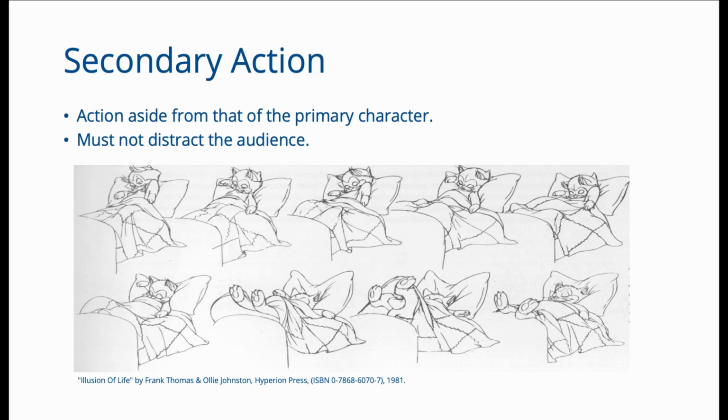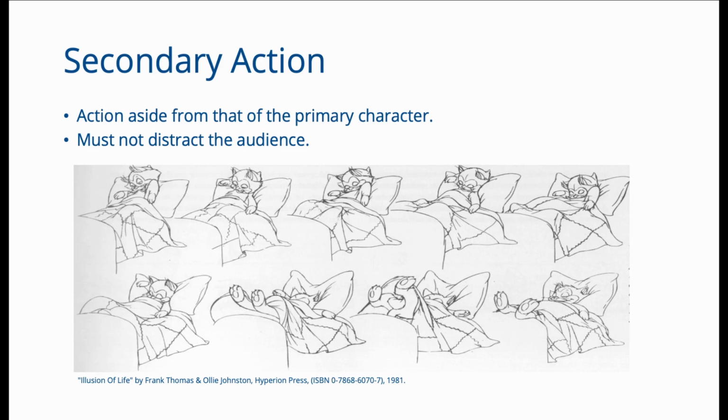Then there are the small things that make your animation come to life. So secondary action is one such principle. There is the primary actor that is doing some movement, but along with the primary actor, there are objects or other actors that interact with the primary actor, which might also have some movement. So here is a kitten putting herself to bed, sort of snuggling into a sheet or a quilt.